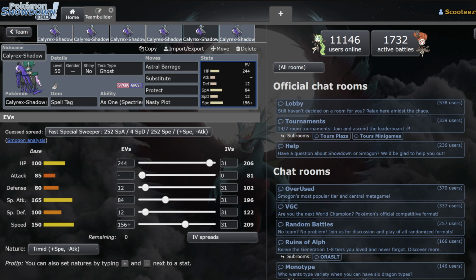Spell Tag is very, very nice because it still allows you to deal a bit of damage without actually having to set up Nasty Plot, which I do think is pretty nice. But again, these both have Terra Ghost, but realistically, this can be whatever you want, right? I think Fairy's good, obviously Normal looks good, Ghost is good. And the final Terra as well, which I think is pretty good, which I did throw in this last set,